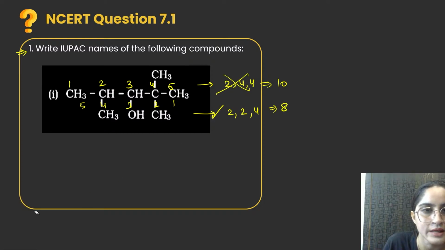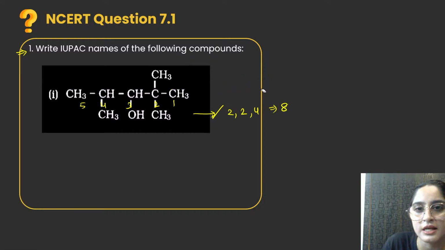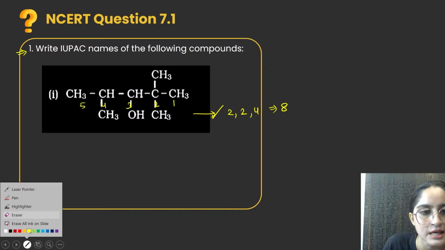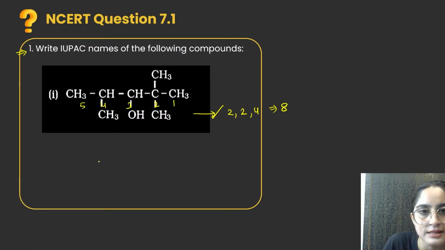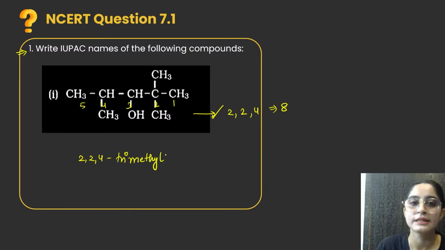So I will just erase this thing here, right? And I will select this one. That is, the answer is going to be, the substituent firstly you have to write, that is 2, 2, 4. This is trimethyl, 2, 2, 4 trimethyl. Acha, then what else you have? This total chain is pent, okay? So I'll write pentanol, okay? Because pentane, which position you have ol? Third position you have ol.